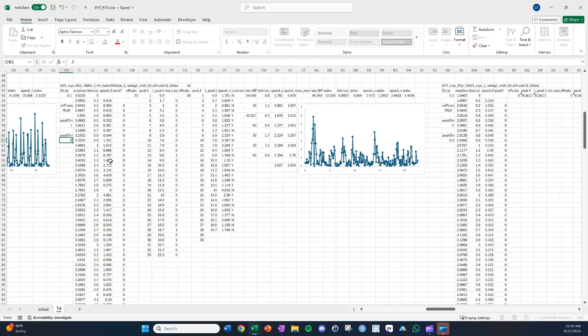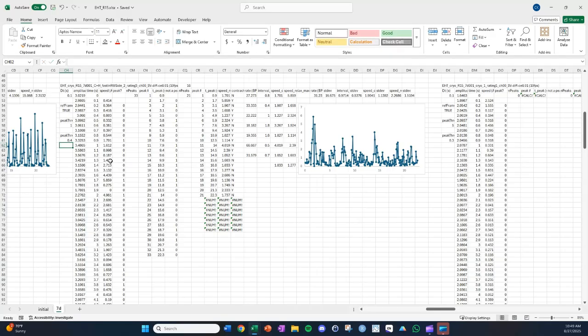And then adjust this accordingly to start, just to give us a better starting point. And then what we're going to do is go in and manually adjust whether these are not a peak. All right, so